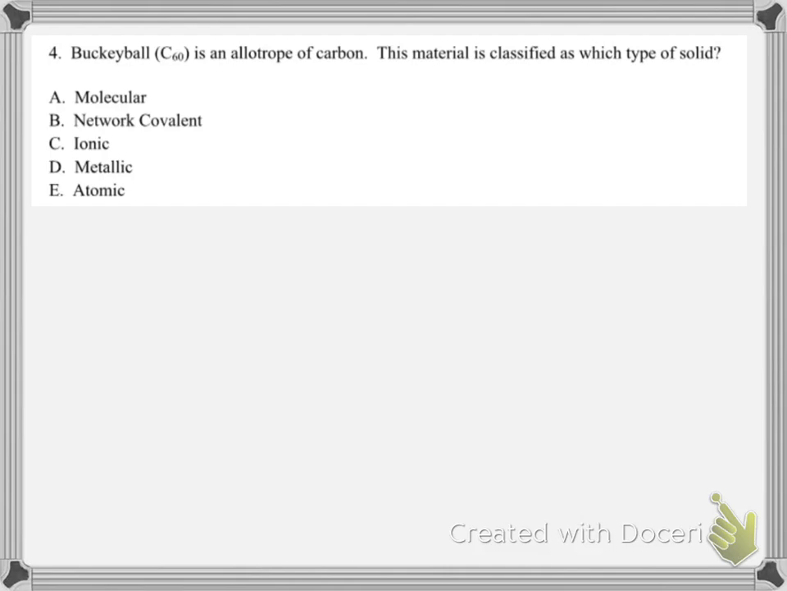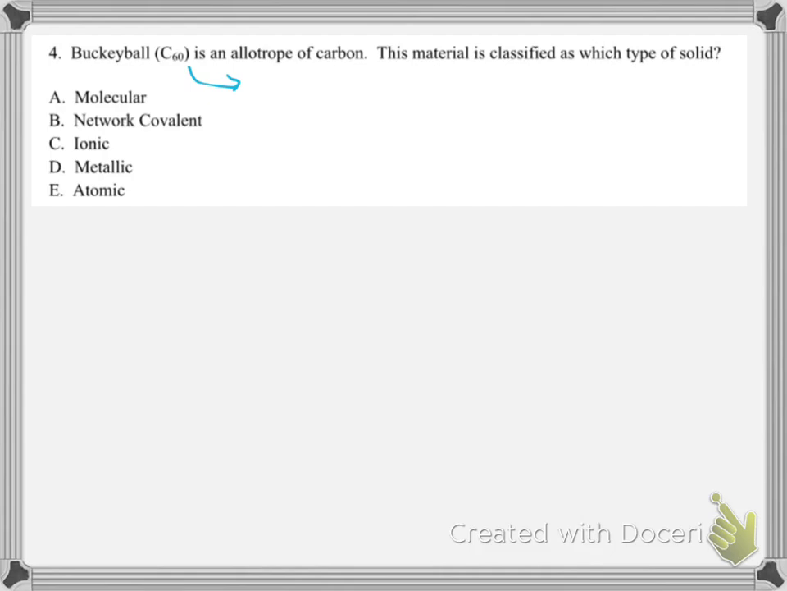Okay, a buckyball is an allotrope of carbon. What kind of solid would this make? Buckyballs are pretty awesome. They are like molecular soccer balls, kind of. And they're just hilarious. So, anyway, C60,